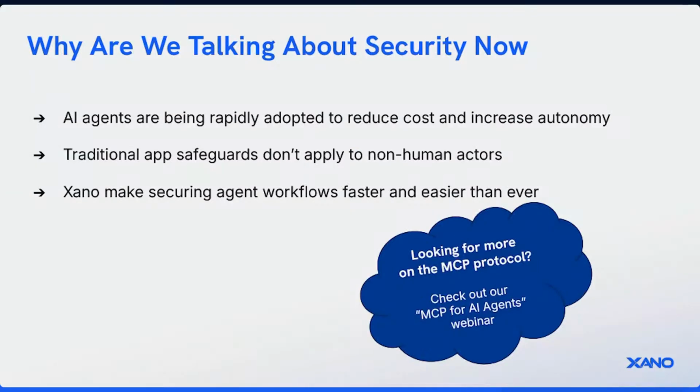Here's the thing. Unlike human users, AI agents don't log into dashboards or click buttons, so we can't really rely on the same safeguards that we've built into our APIs and front ends. But today's session is about how we adapt, not by throwing everything out and starting over necessarily, but by building on what we already know and what you've already built. So if you're using Xano today or looking for a secure and scalable way to adapt your existing systems for AI, or maybe you're just thinking about how to serve tools to agents securely, you'll see how our MCP server and MCP tools fit right into your existing backend structure,